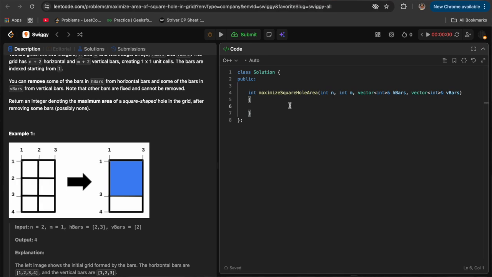Likewise, I'll increase my right by checking whether my right is equal to a V bar. If I remove that bar and go to the next bar, I'll check whether that bar is present in the next H bar or not. If it is present, I can remove that bar also. In that case, I will not update my left bar, because I am removing that bar basically.